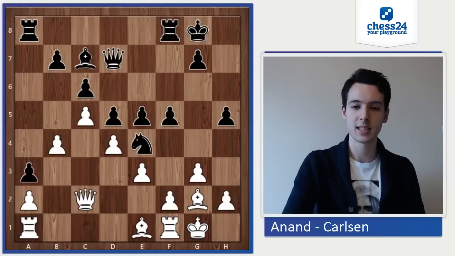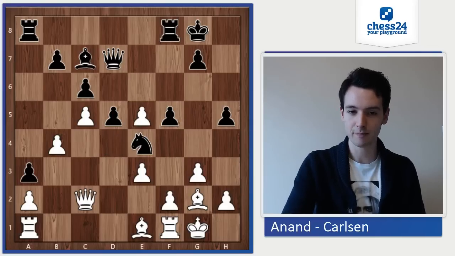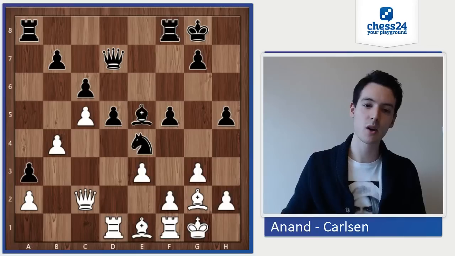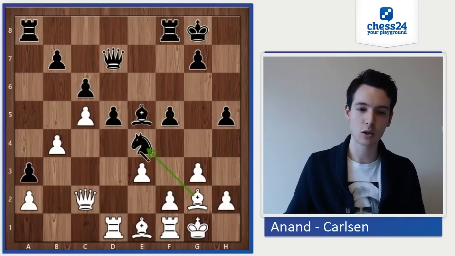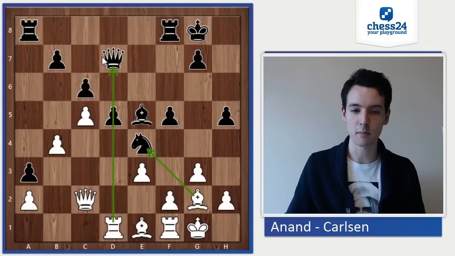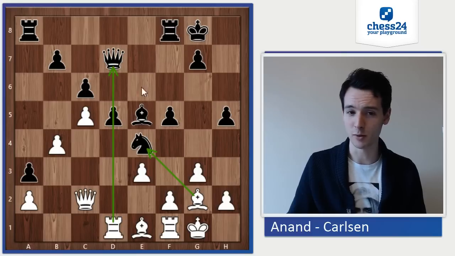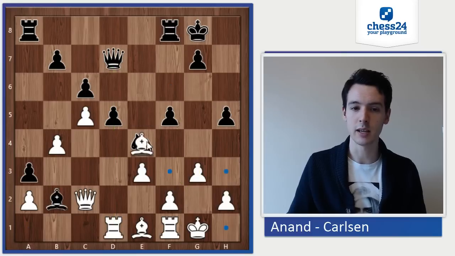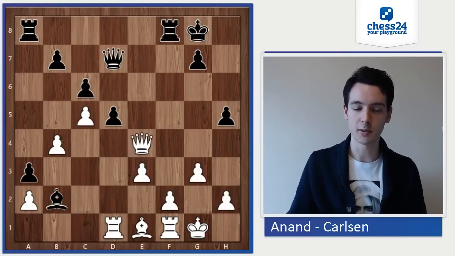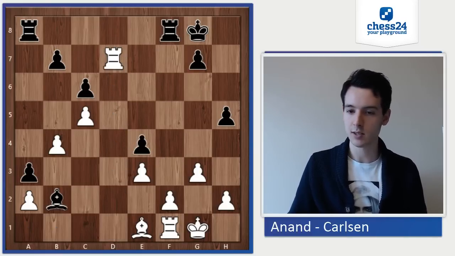Okay, instead, d takes e5. Of course, bishop takes e5, rook d1. Now there's a threat of taking twice on e4 because the pawn is pinned. So if black was to play a random move, let's say bishop b2, then this would be possible because the queen is not protected on d7. So